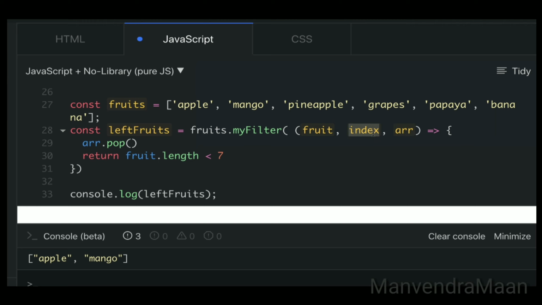I hope you have a little bit of understanding about how this index and this array are performing. Eventually, the index is the actual index on which we can perform some tasks. We can go to an index and make some changes accordingly. So these are useful scenarios in which we can utilize it. I hope this is a little bit clear to you all.